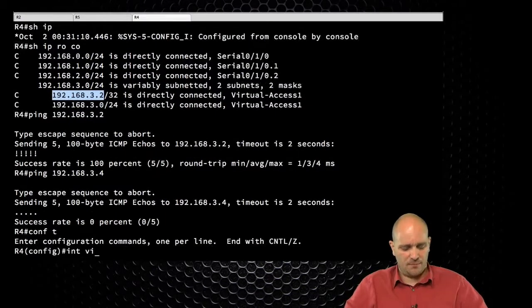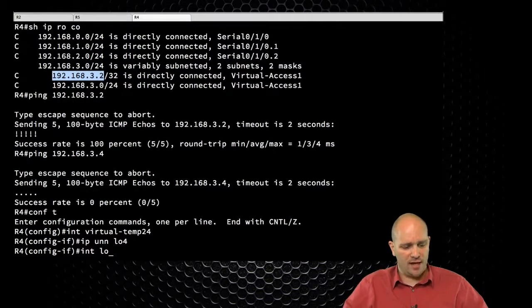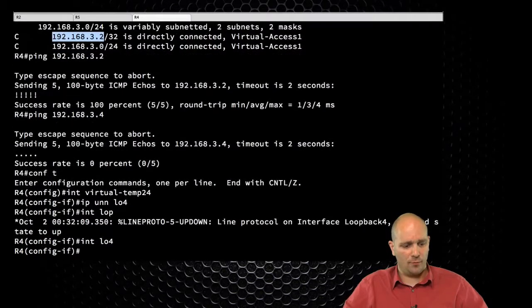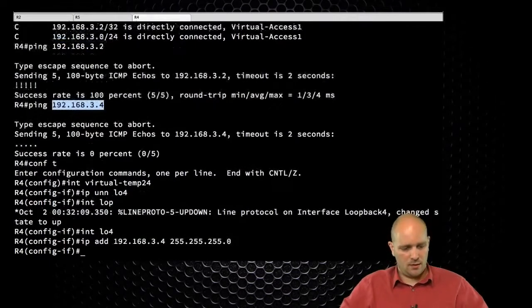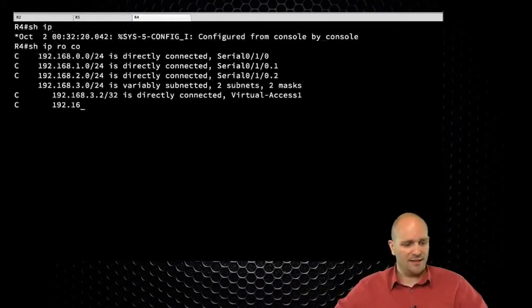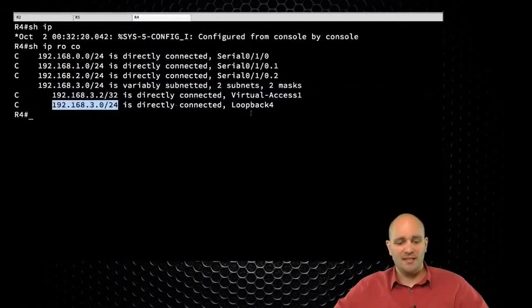So I'm going to say interface virtual-template 24, ip unnumbered loopback 4, and then I'm going to create interface loopback 4, and I'm going to say ip address like so. So if I do show ip route connected, now this is what I'm seeing. And this is where that /32 route may start making some sense. Take a look at this. Now, my /24 is reachable through the loopback. Now, if this was the only